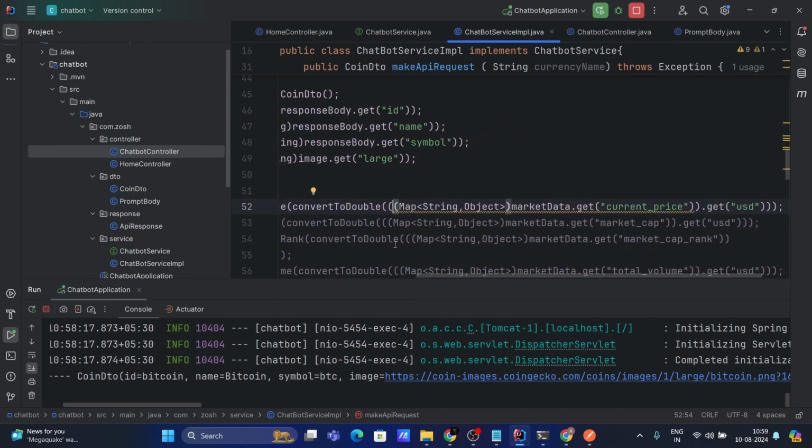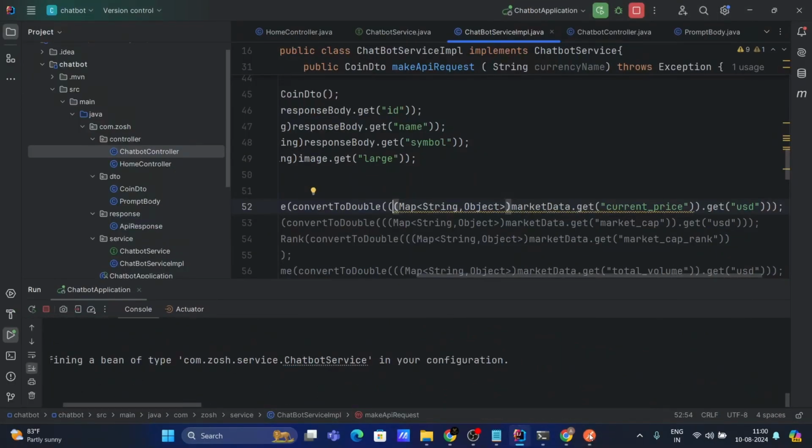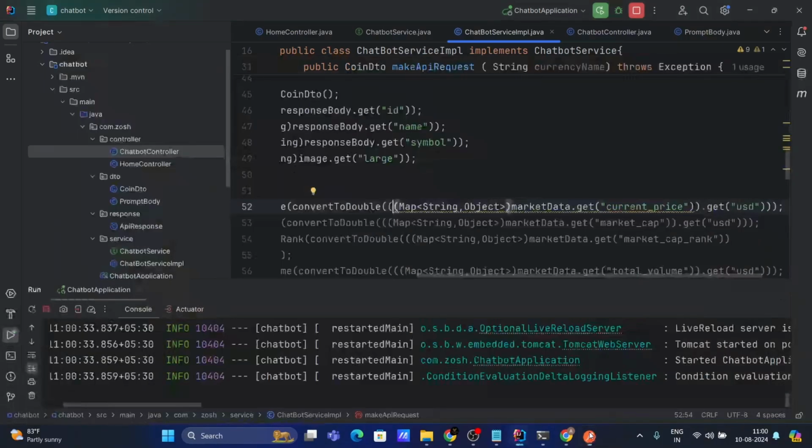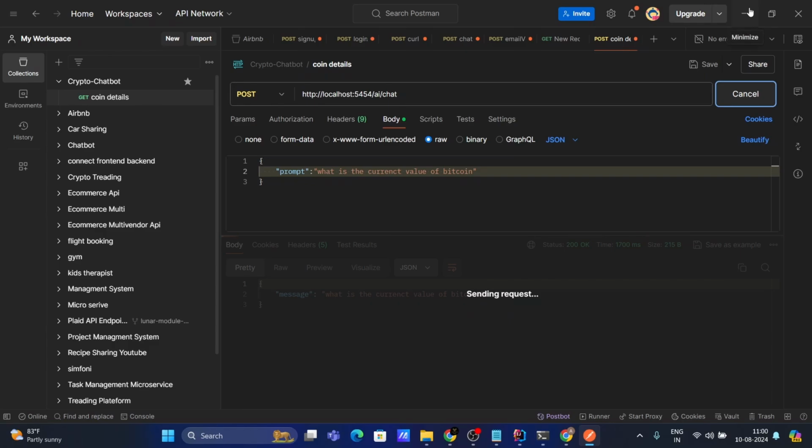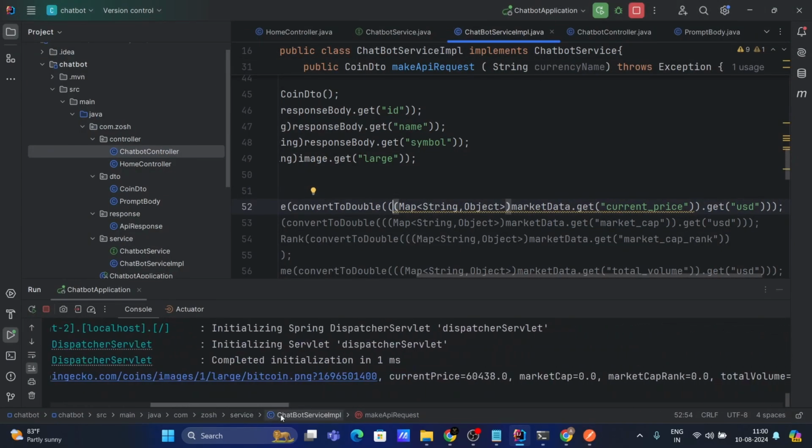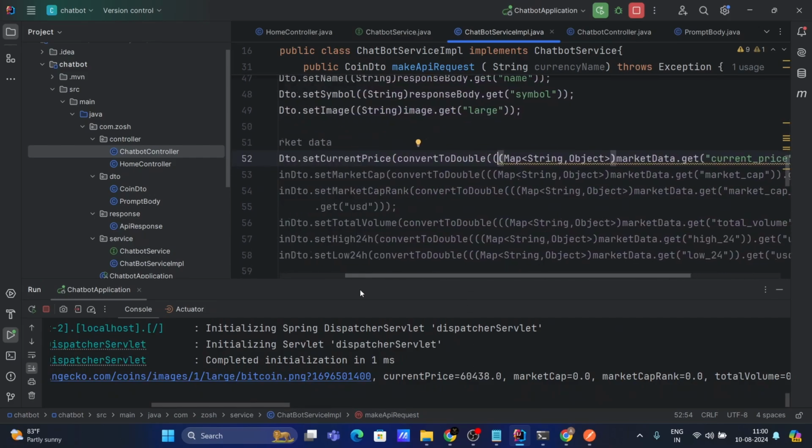Okay, Map string, then market dot get market data dot get current price dot get USD. What is it? Is it fine? Let's check. Yeah, this is also fine. You can see now current price. So maybe problem with the